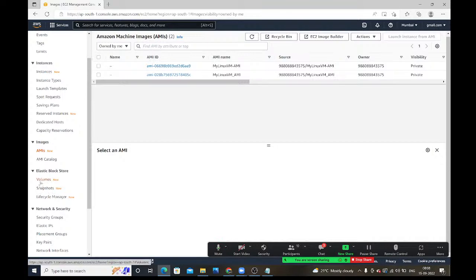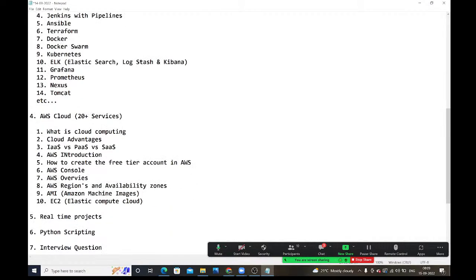Snapshots means whatever volumes we are creating, we can take the backup of those volumes. The backup of a volume is nothing but a snapshot. Lifecycle manager is where we configure how to take the backup. Every day you want to take the backup, every week, every quarterly, every monthly. Suppose you want to take it every hour, or every 12 hours, how to take the backup, that we need to configure in lifecycle manager. This is Elastic Block Store, guys. So after EC2 we will discuss Elastic Block Store,